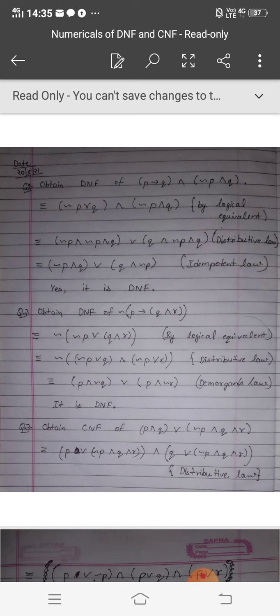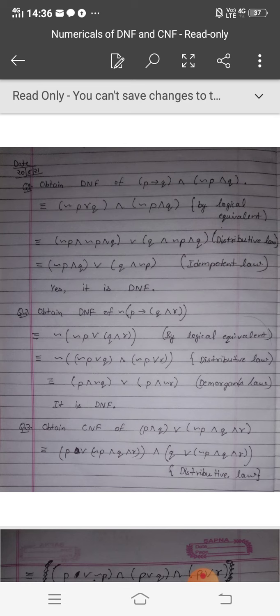So here first of all we will have to replace implies, that is the conditional statement, and we know the logical equivalent of the conditional operator, that is P implies Q will be replaced as not P or Q, and the second bracket will be the same. Afterwards we can apply our distributive law. Then not P and P will be simplified as not P by idempotent law. So now we can see in one bracket not P and Q, in the other bracket Q and not P, and after the brackets there is a sign or.